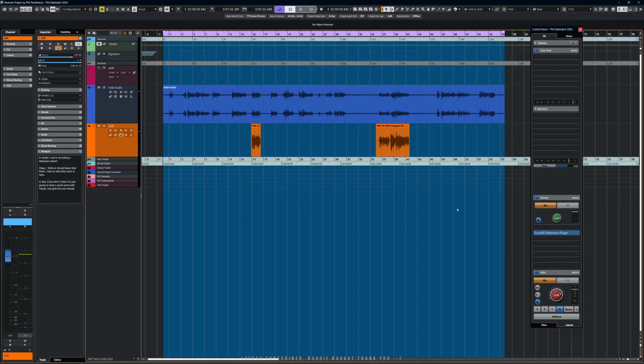Otherwise, it'll take too long. So we need to match the sound of the ADR to the field recording. And then the other scenario is we want to clean up the original field recording and remove the ambient sound and noise. And so we're going to look, like I said earlier, at some alternative ways to deal with these scenarios. So let's have a quick listen to what we've got.